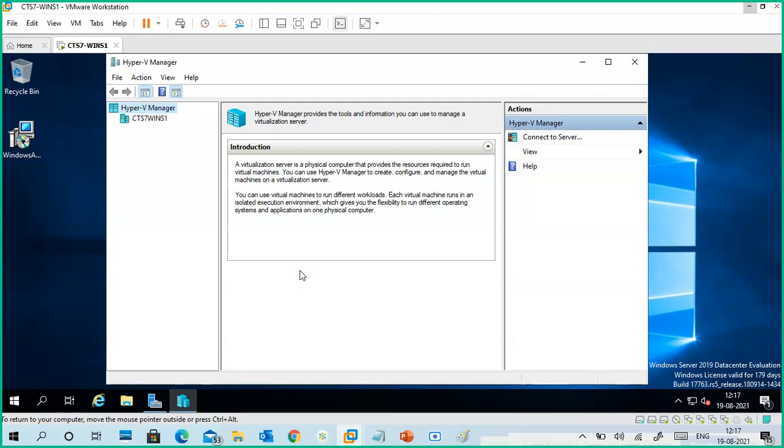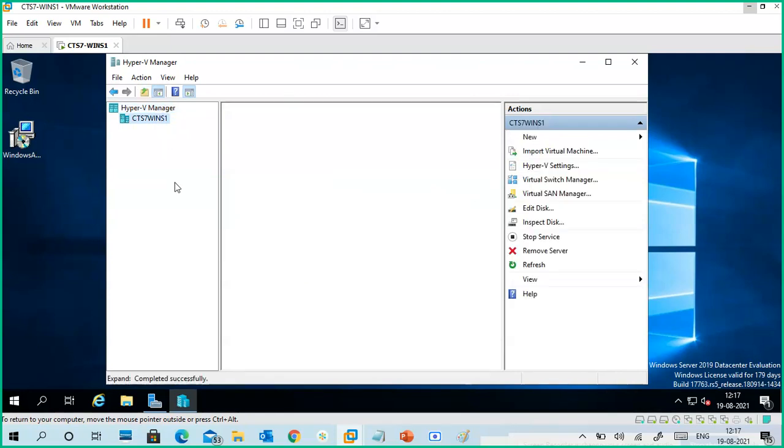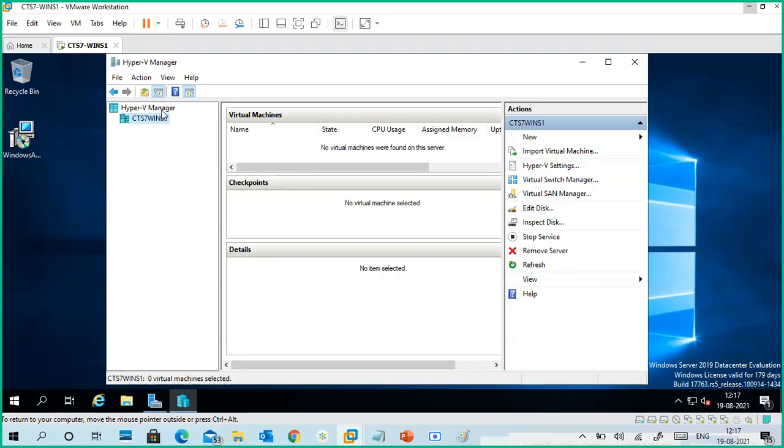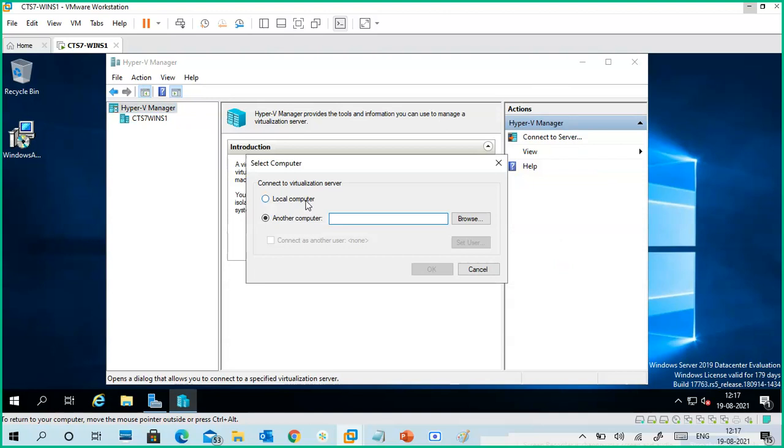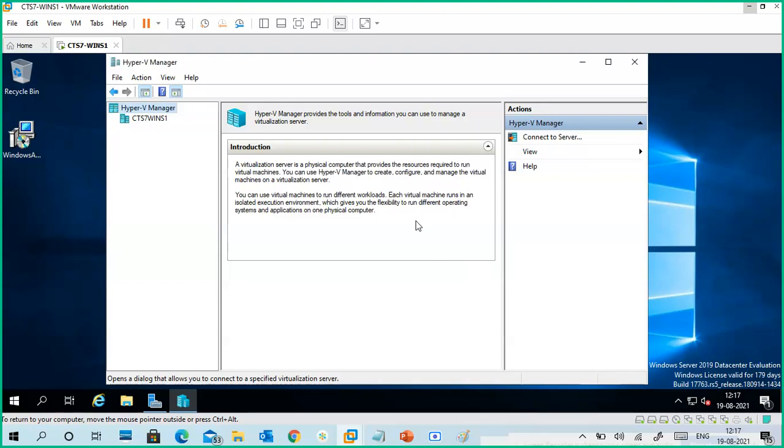If you see in this one, no drawing tools are there. So this is the Hyper-V Manager. This part is the manager. The second one is my server, my local server. When I select the Hyper-V Manager, see the right hand side, Connect to Server. If you want to connect to a remote server, just click on Connect to Server, choose Another computer, give the name or IP address, and if it is asking for a username and password, give the server username and password. Click OK. Then we are able to connect to remote servers, remote hypervisors.